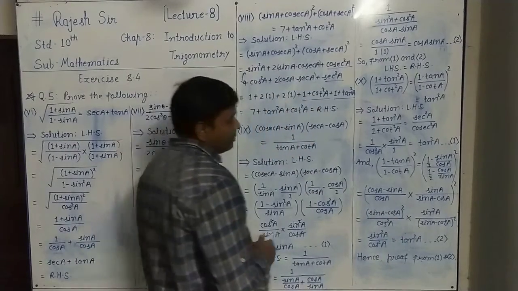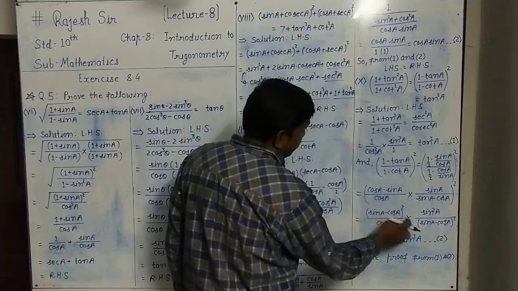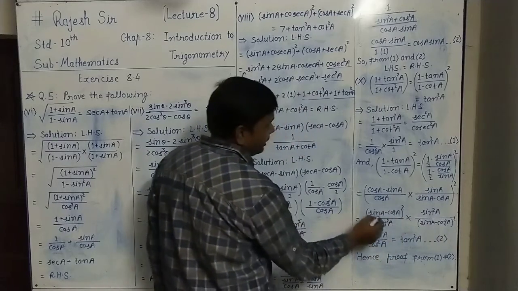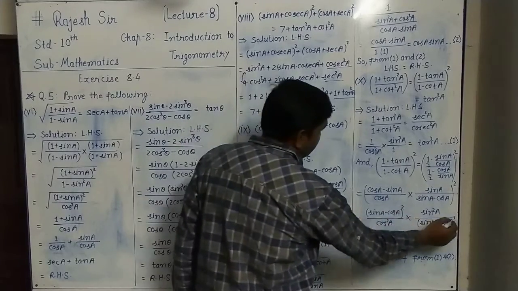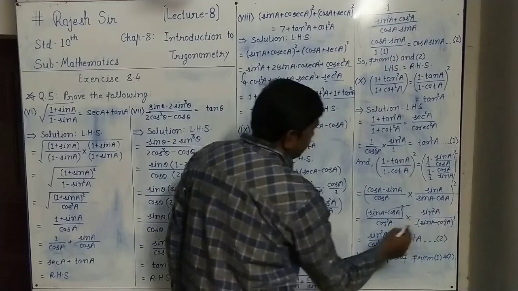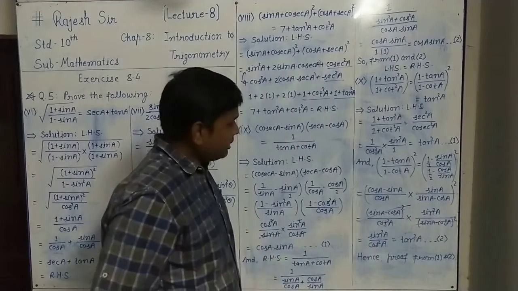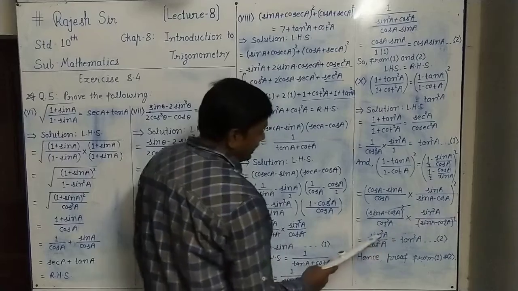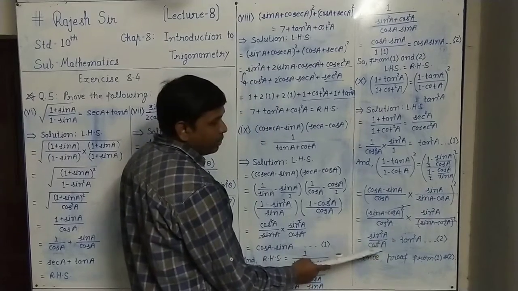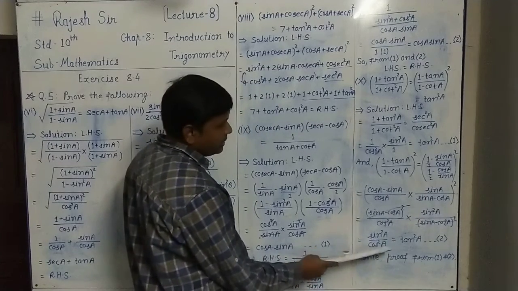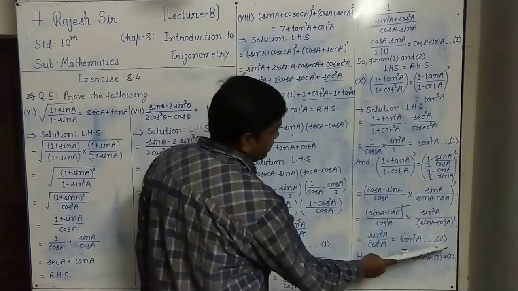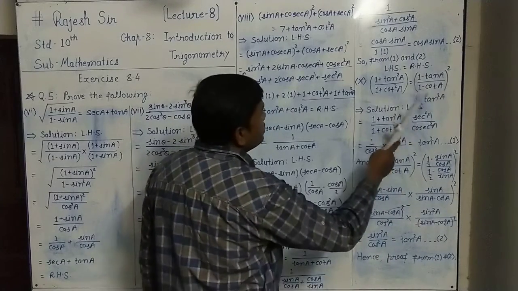Why have we written this way? Because this is the same bracket we can get up and down. See, sin A minus cos A the whole square, sin A minus cos A the whole square. Same bracket up and down cancel. What is remaining? Only up there sin square A and down there cos square A. Sin upon cos is tan and squares are there, so tan square A. This result 2 means this format also gives tan square A.